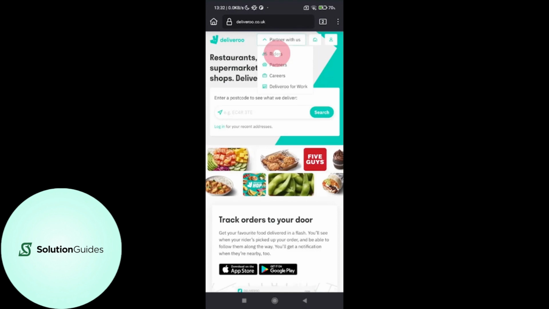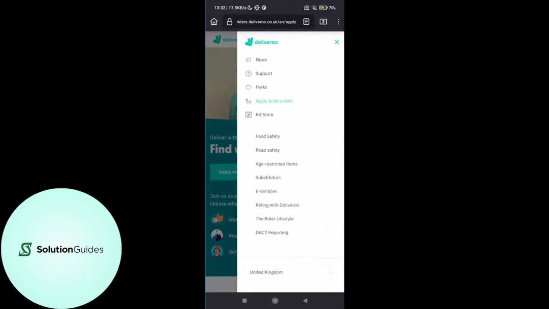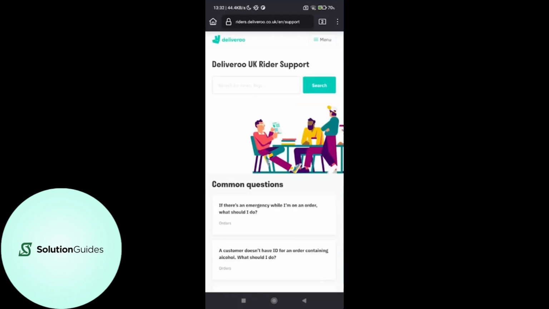Access support on the rider page. Tap on the menu and look for the support sections. If the page doesn't load immediately, try refreshing it and contact us. Once the support page loads, search for the Contact Us option. This option will be available under frequently asked questions, such as those related to withdrawing or account management, and then